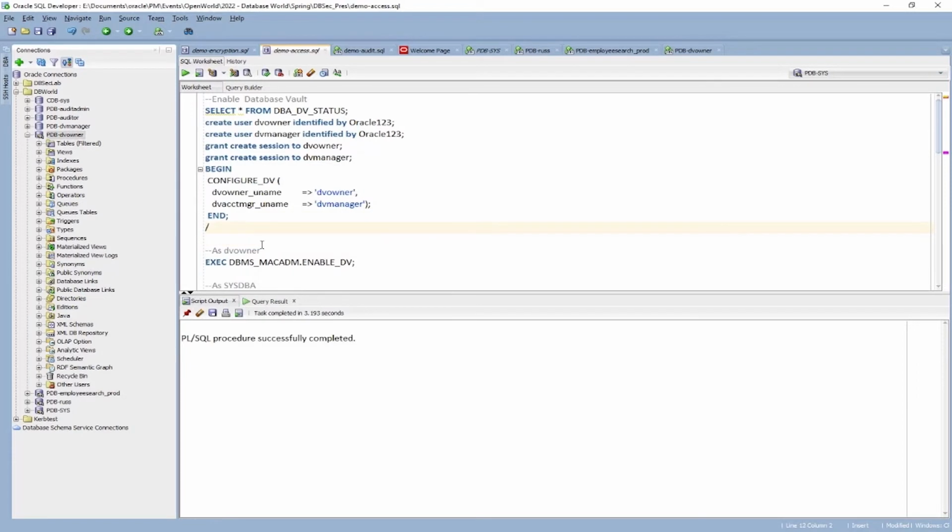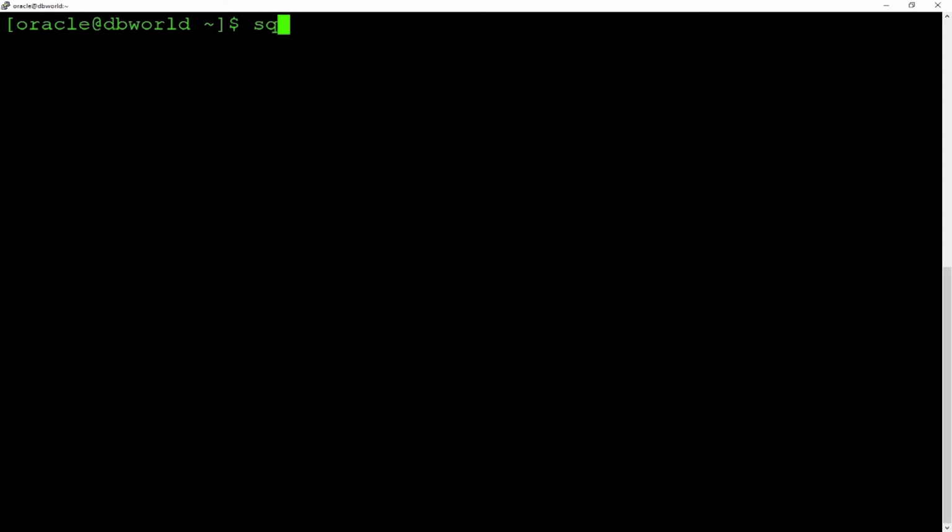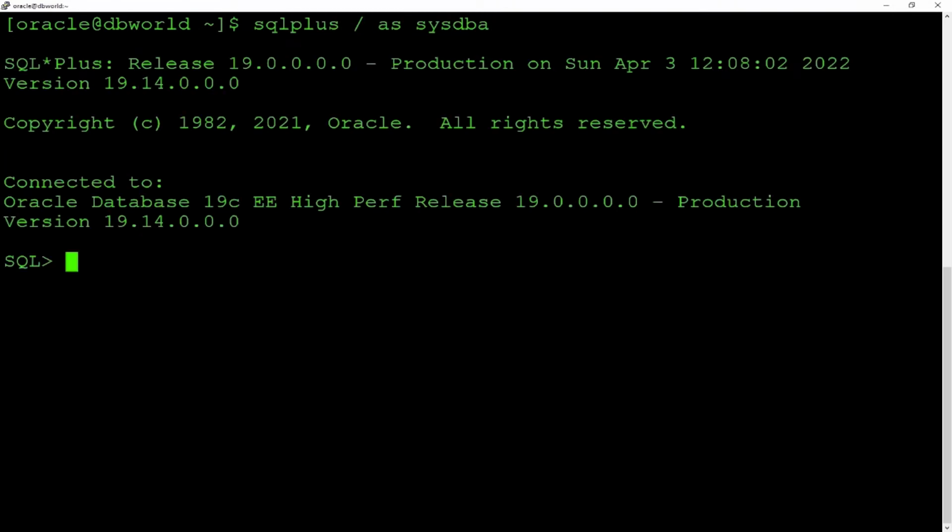This takes just a second to run, and now we'll connect as the Database Vault owner. So we switch our session over to there, and we enable Database Vault. Now, before this takes effect, we have to restart. So let's log in to the database, and before we restart, let's just make sure we don't have any invalid procedures. So we'll go into our container,